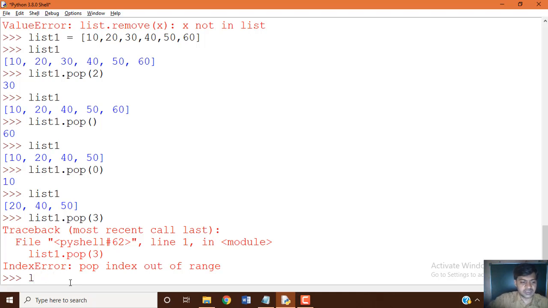So this is how the pop built-in function works with list.